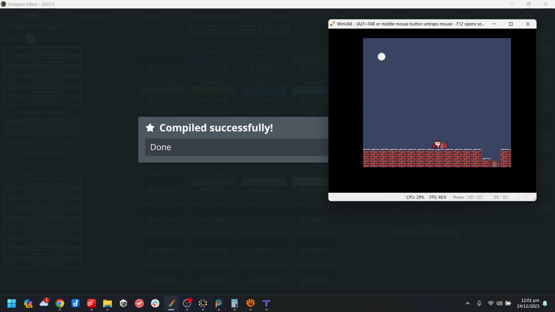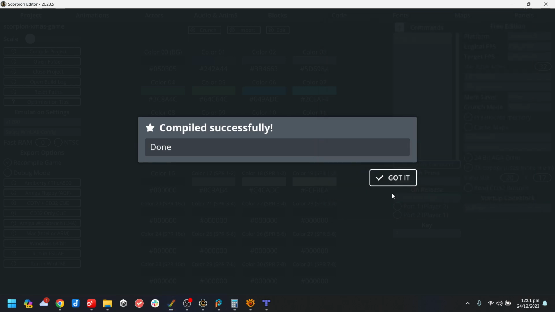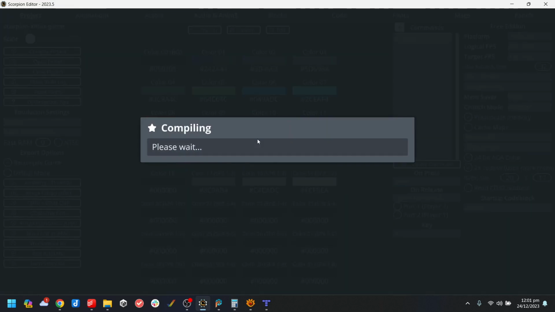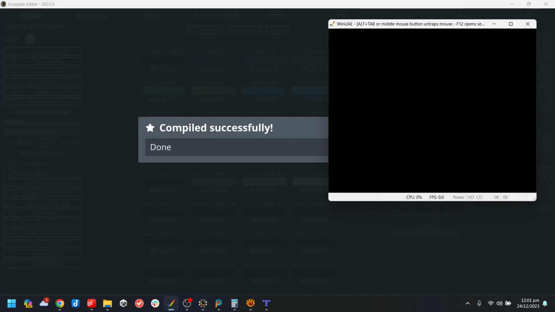Didn't actually check to see that it did what I thought it would do. Oh. Okay, well that messed things up a bit more because I think the block temp solid didn't unset. Yeah, that will be the thing: I haven't got anything to say, turn it back into a regular block